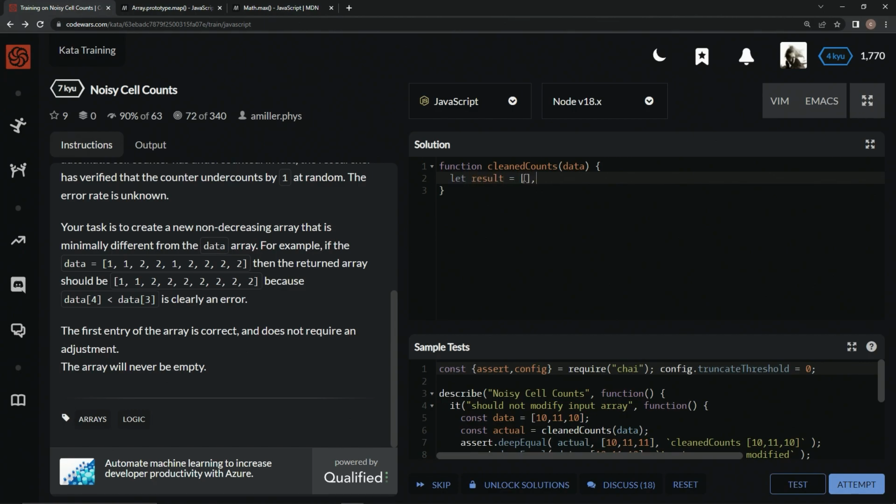So we're going to start off here and say let result equal an empty array, so that's where we're going to put this stuff, and then we're also going to let number equal 0. All right, so we'll come down here and we'll say for let i equal 0 while i is less than data.length, we'll say i++. All right, and then we'll check and say if data at i